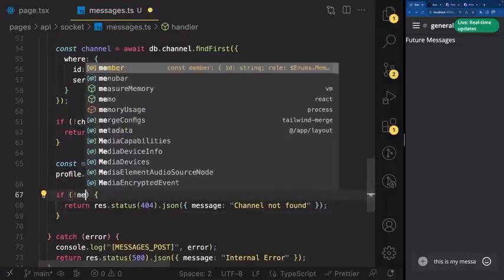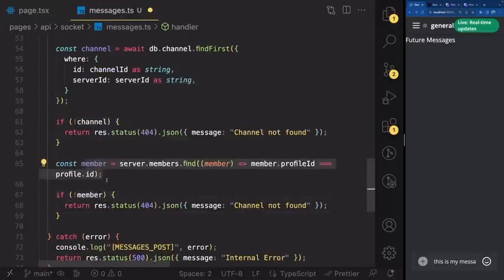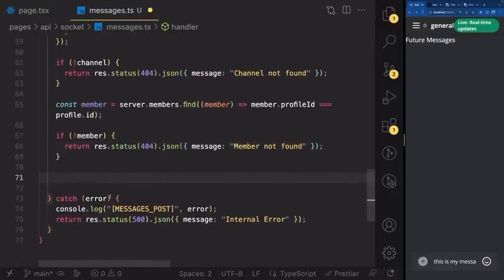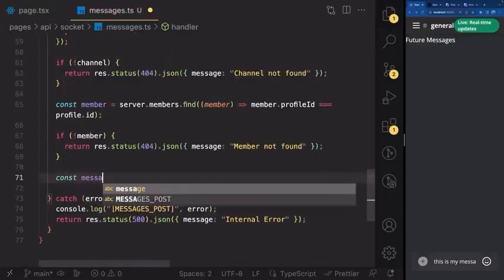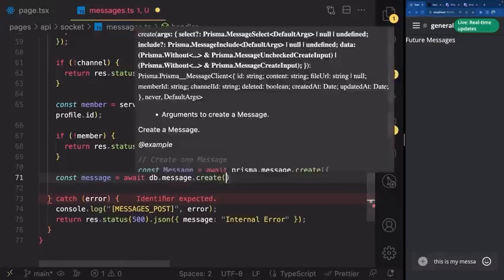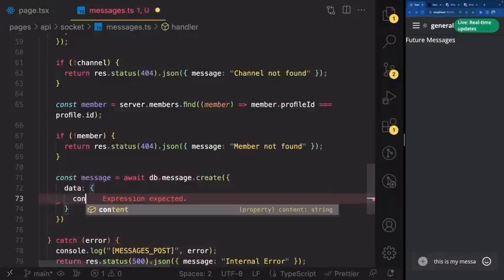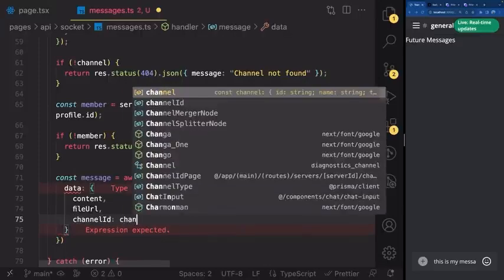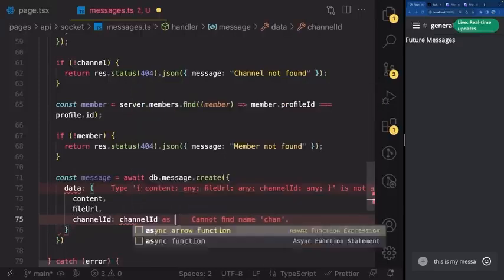If there is no such member, so if in the entire member list of the server we could not find one that matches our profile ID, let's go ahead and return member not found, because that is not a part of our server. Perfect. And now let's finally create the message. So const message is going to be equal to await db.message.create, data is going to be content, fileUrl, channelId, which is going to be channelId as string,